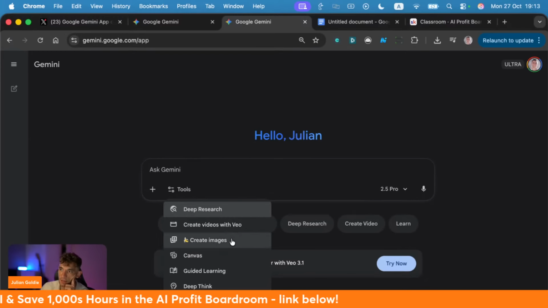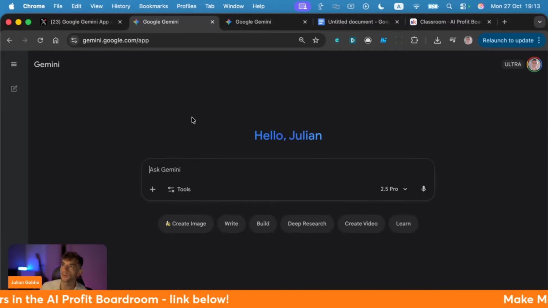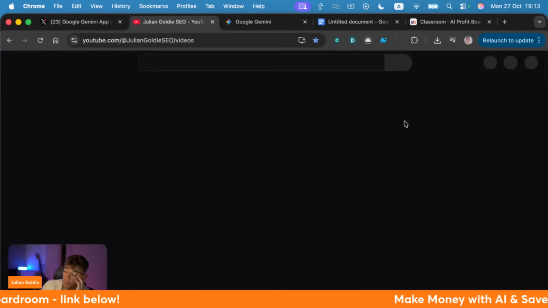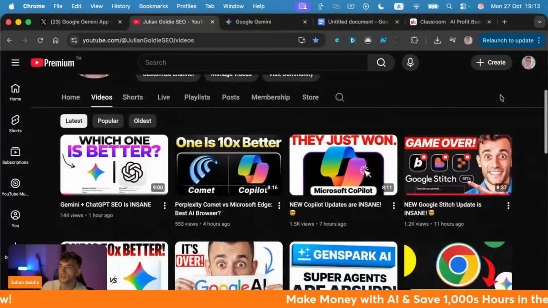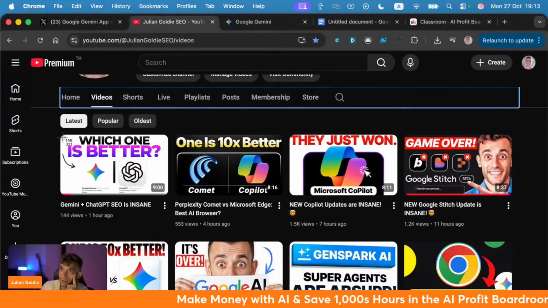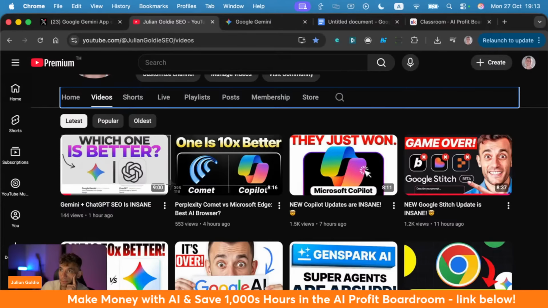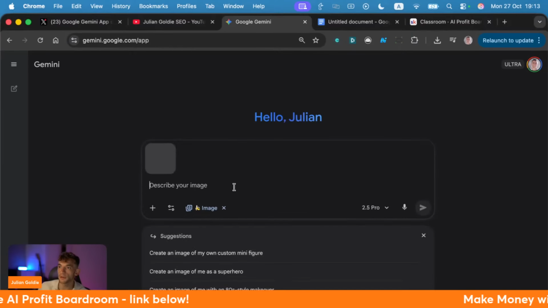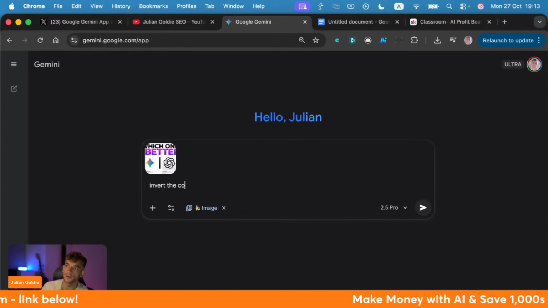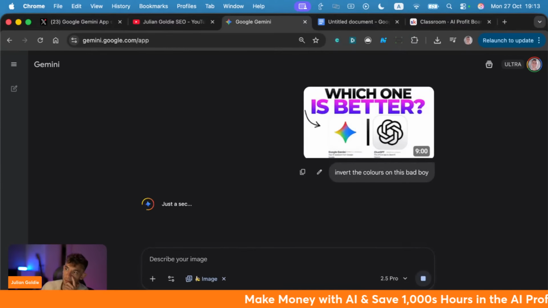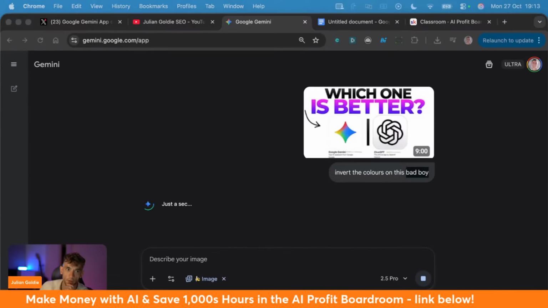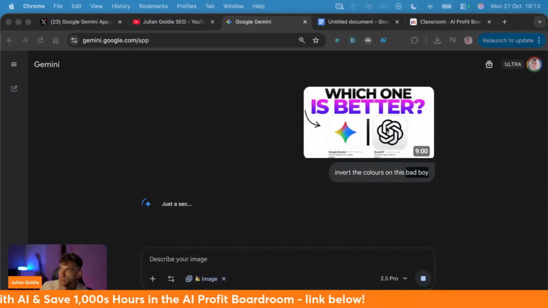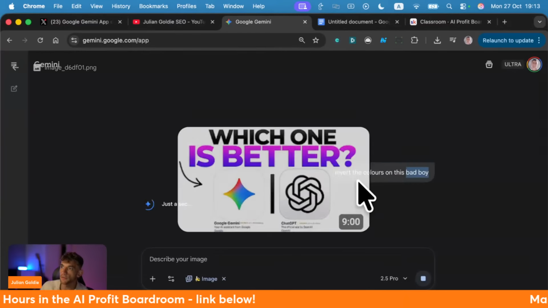If you're not familiar with this already, creating images is really cool. So, for example, if I want to create multiple versions of the same thumbnail, I don't need to hire a designer to do this. So I can just go on here. Let's take that. Then we're going to copy that image. Then we're going to go over to Google Gemini, plug that in, and we'll just say invert the colors on this bad boy, right? And key part to the prompt here is you should put bad boy at the end of your prompt. Then we're going to wait for that to load, but basically that should invert the colors